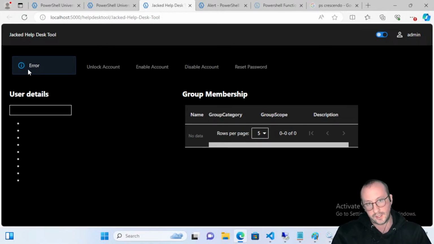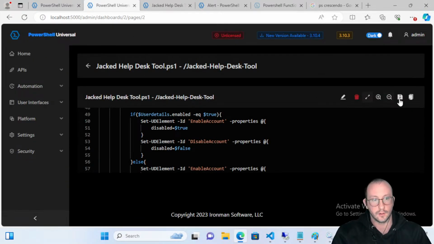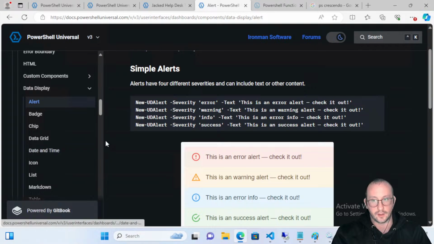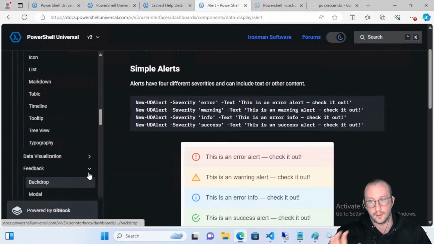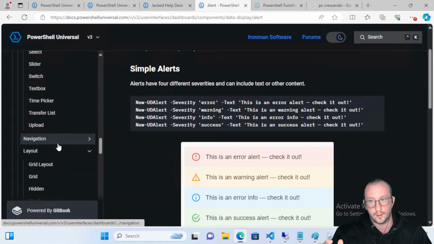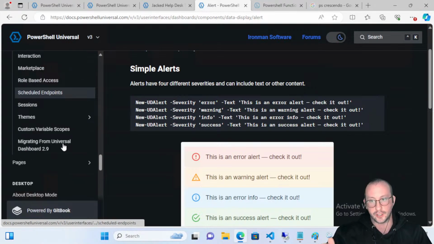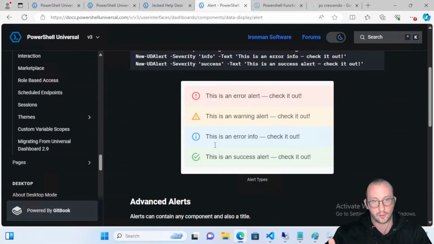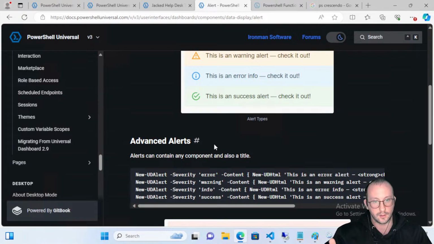Okay, yeah, so it is the error that I'm popping up, but I don't want it to actually replace the whole screen here. I just want it to kind of like a notification more than anything. Like I don't want it to actually